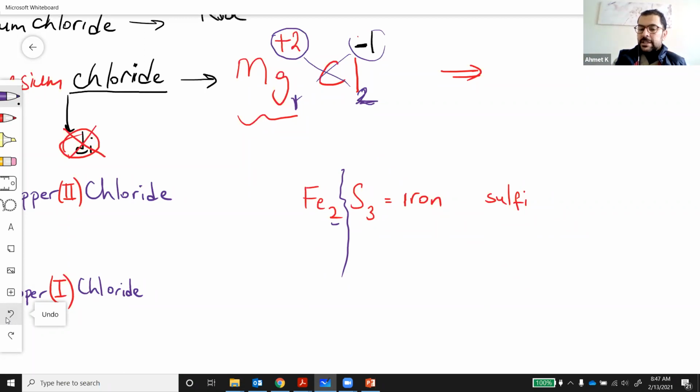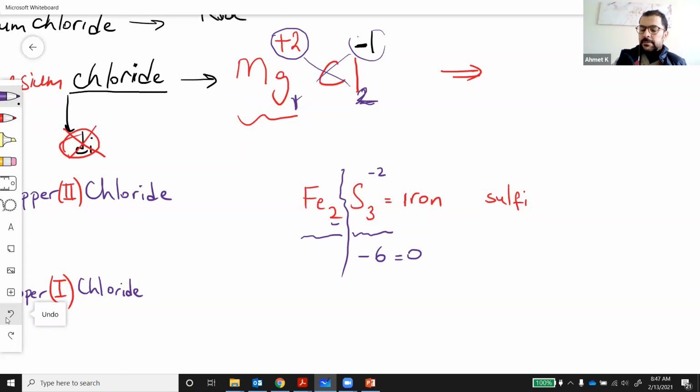The reason is because you know the sulfur charge is -2, always. If you look at the sulfur here, what's the total contribution? There are 3 sulfurs, and all of them are -2. If you multiply, it's -6. Very good. So in order to have 0 charge, how many charges do I need here